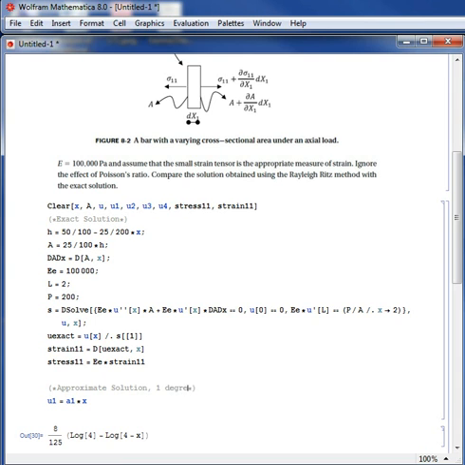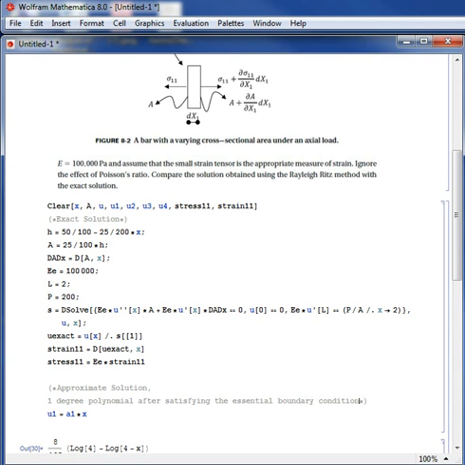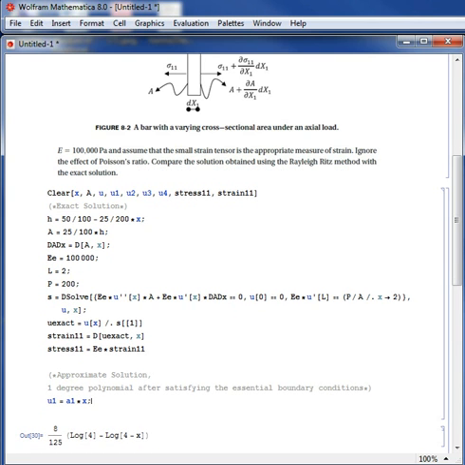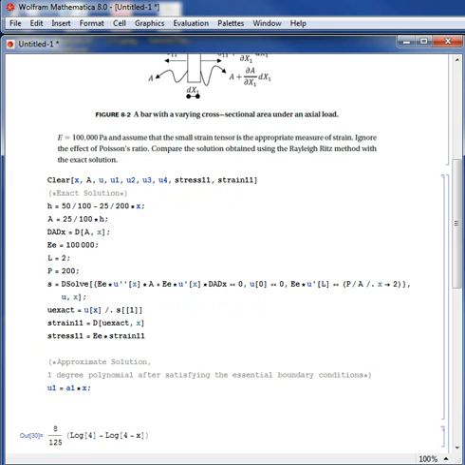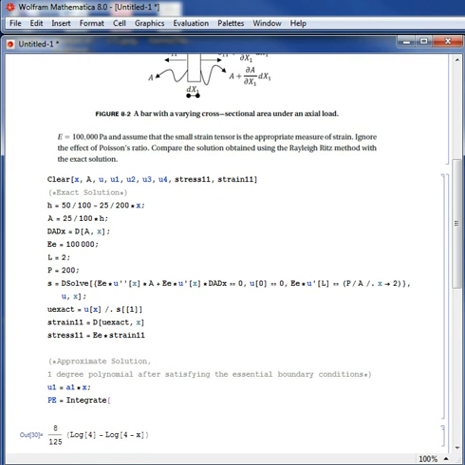1 degree polynomial after satisfying the essential boundary conditions. So the question is, what is A1? To find A1, I need to find the potential energy of the system. The potential energy of the system is equal to the integral of the internal energy. The internal energy is equal to 1 over 2 multiplied by E multiplied by the area multiplied by